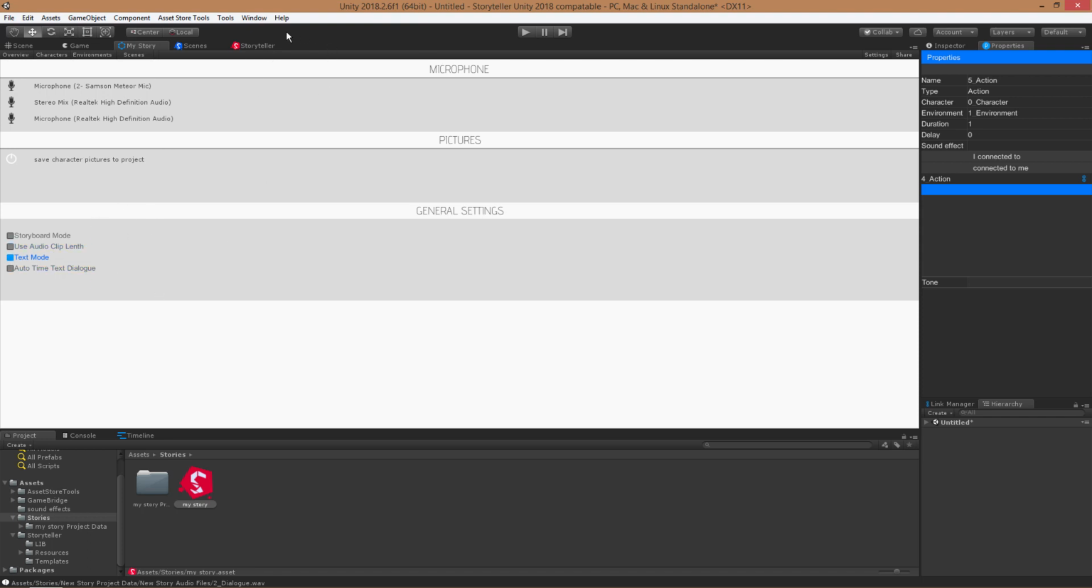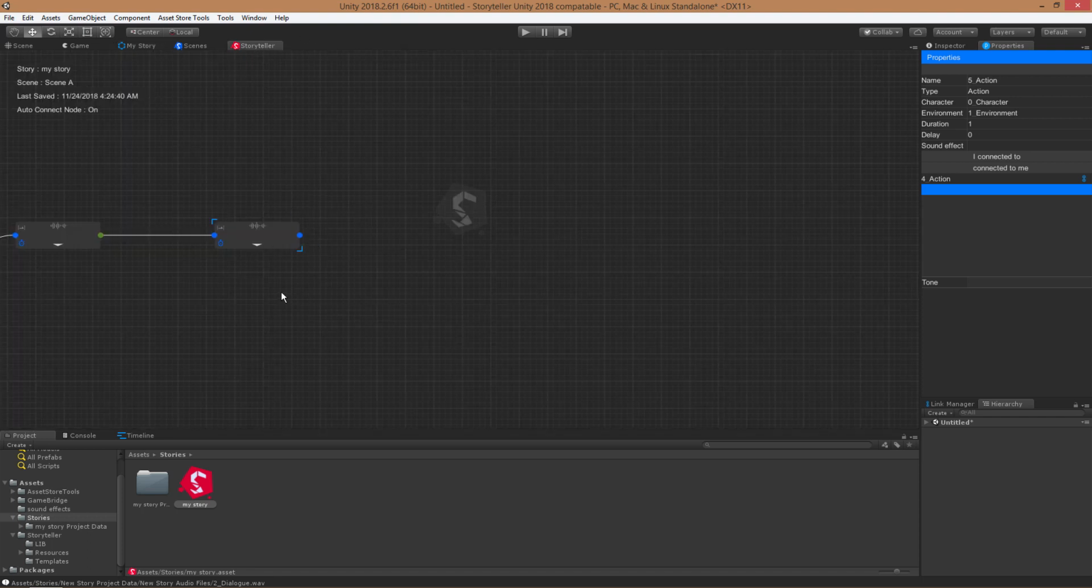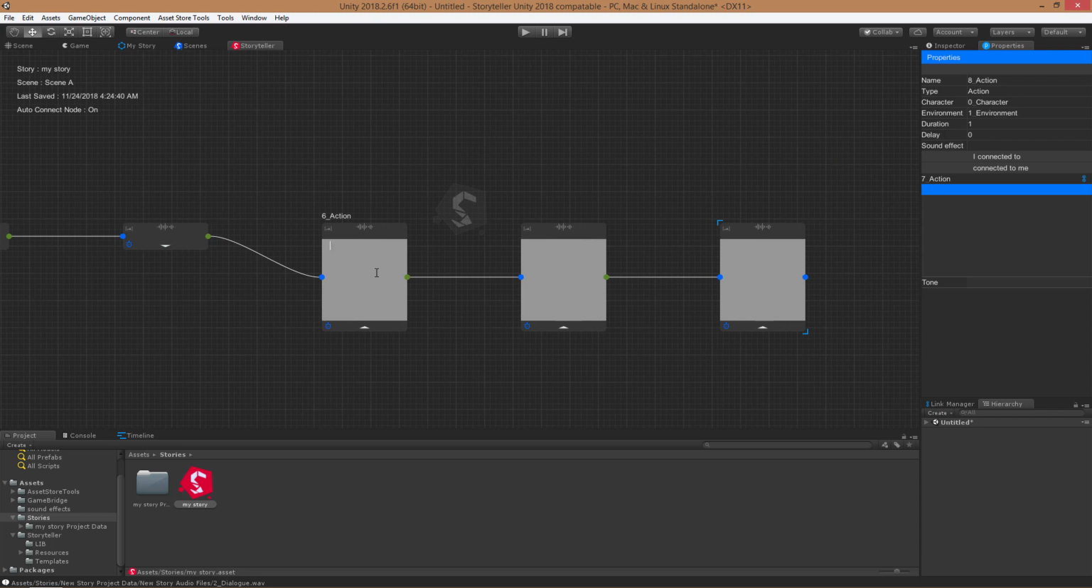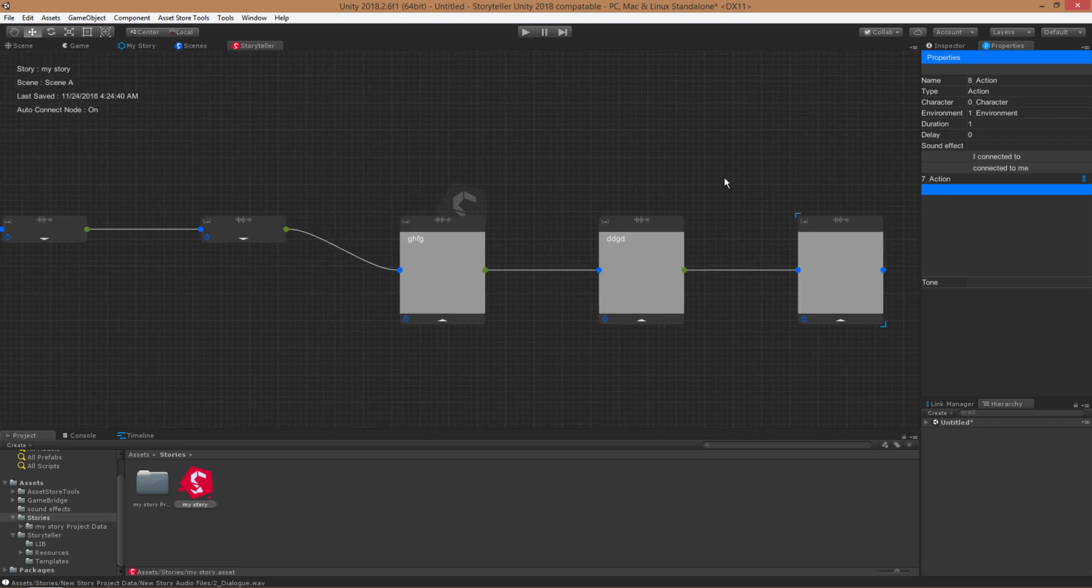Sorry if I didn't show this before. I'll go back over it. If we're in text mode and we hit Control forward, we get a bunch of text areas and we can begin just writing in them pretty quickly. Now I'm just going to delete all of these